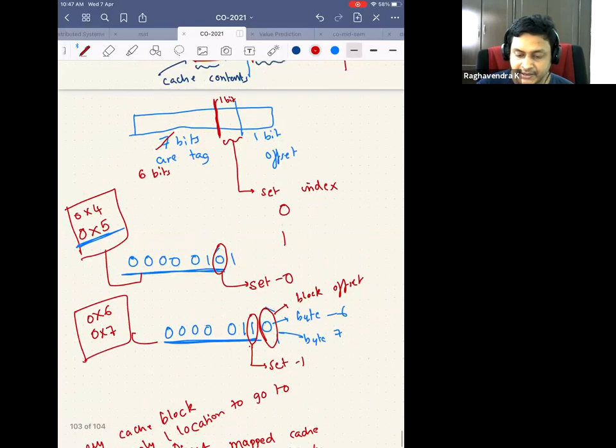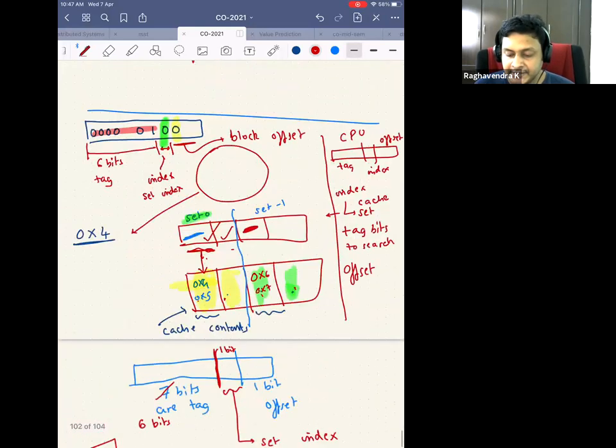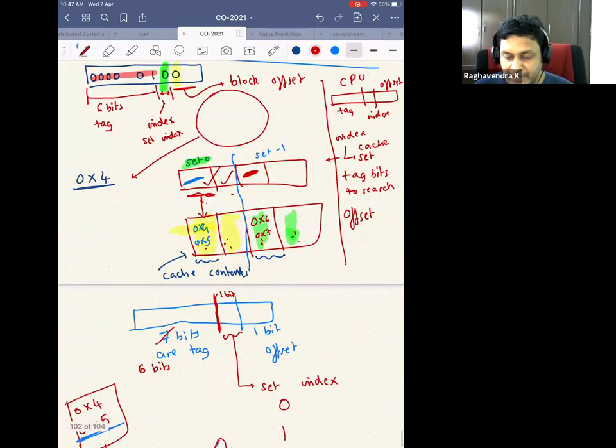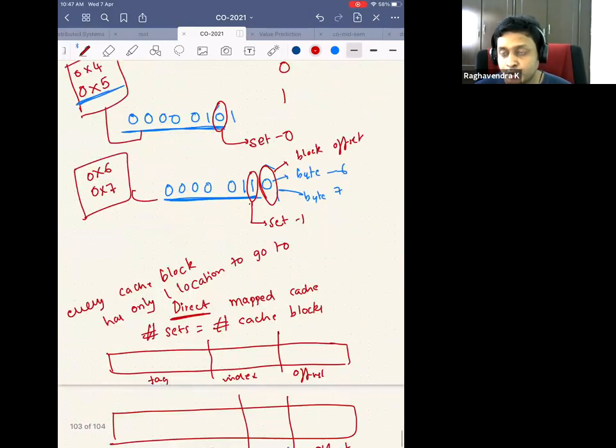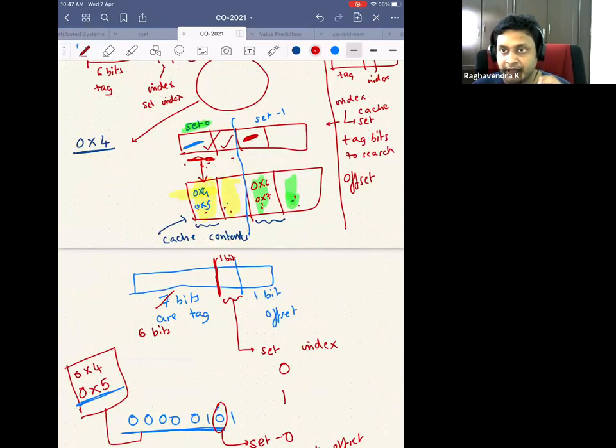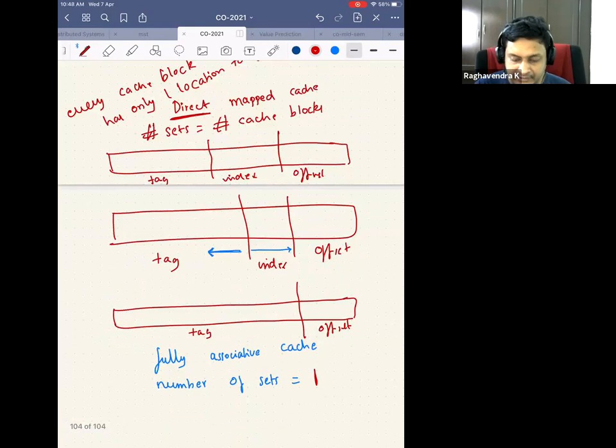In this particular example that we are taking, the number of index bits can be up to 2, which means that it's a direct map cache. I need a location and only one location it can go to. Or the index bits can be 0, because then it can be in any of the 4 locations. That's called a fully associative cache. The midway that we are looking at here is called two-way associative cache, because any cache block can go into 2 locations. So the example that we looked at is a two-way associative cache.